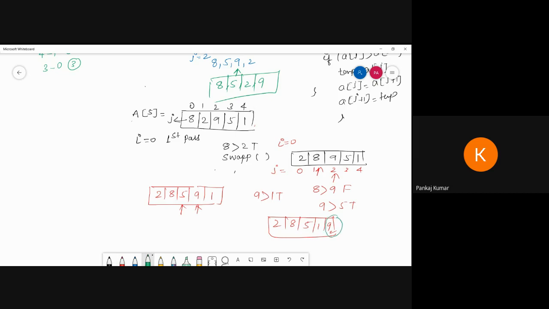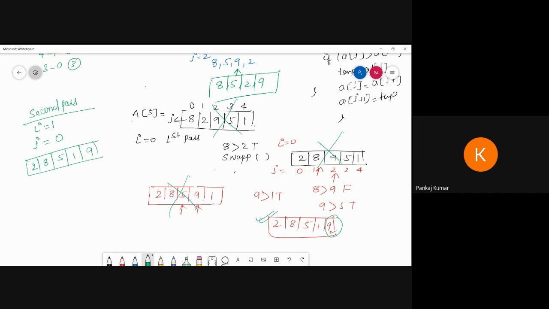So again it will start the second pass. Second pass. That time i becomes 1 and again j equal to 0. So my array is now changed. My array is now 2, 8, 5, 1 and 9.